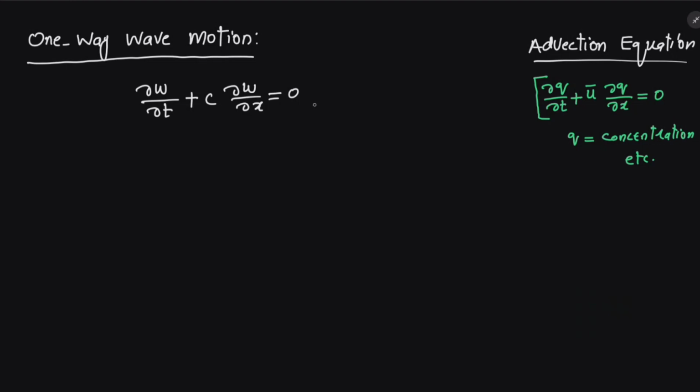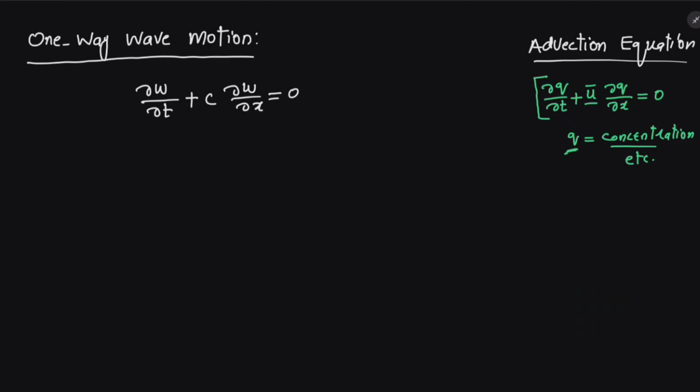On the left hand side, you see that I have written the same advection equation but for some particular application. On the right hand side, we see that Q is the concentration of some contaminant,